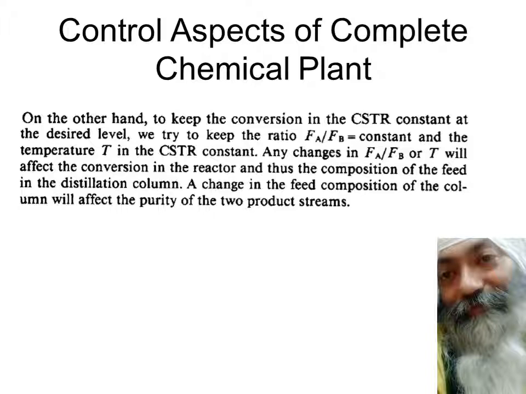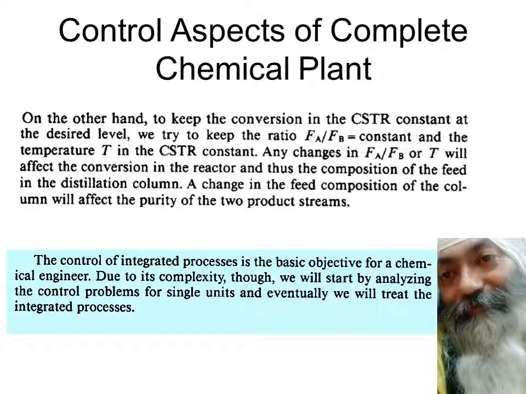This change in feed composition to the column will affect the purity of both the things coming out from the distillation column, and the things coming out from the bottoms in terms of C. So the control of this integrated process is the basic objective of chemical engineer,